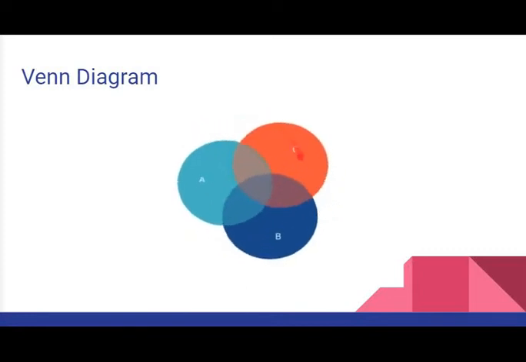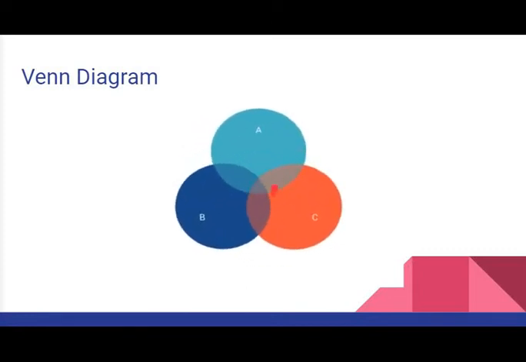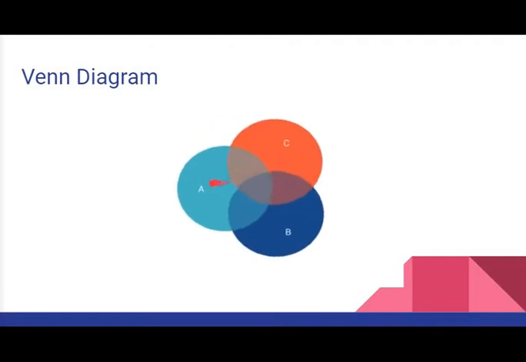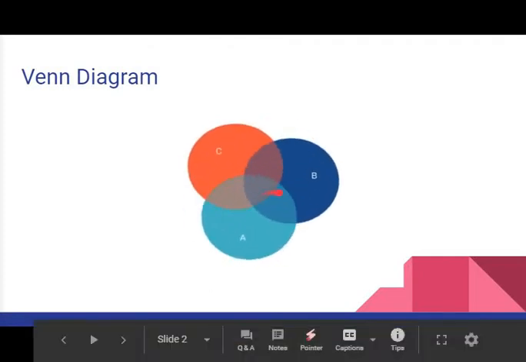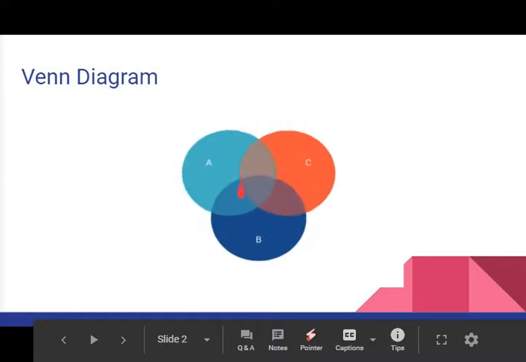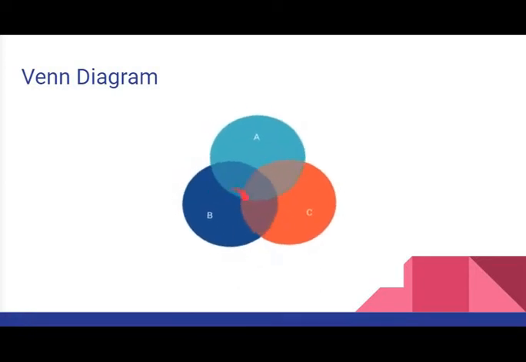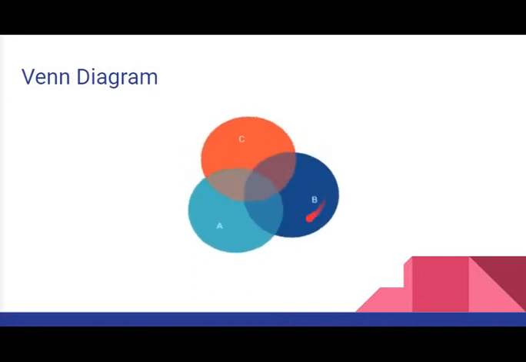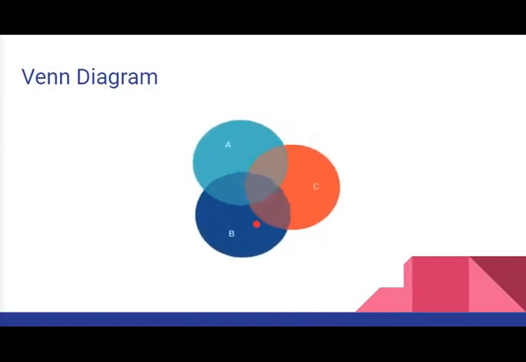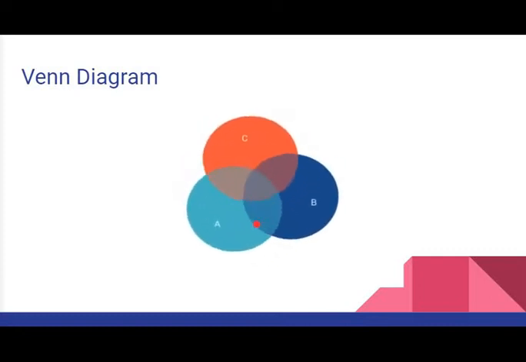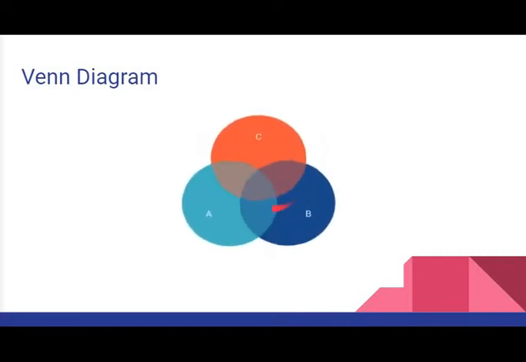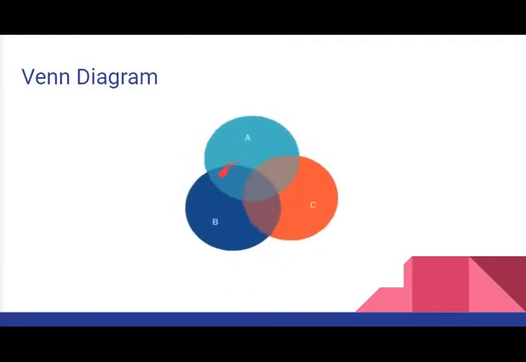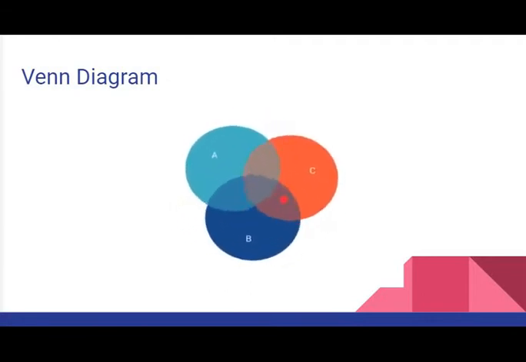To understand this statement, let us consider the example of a given set of 20 people in which the red color circle represents the number of people who have a profession as a farmer, the sky blue color represents the number of people who have the profession as a teacher, and the blue color represents the number of people who have the profession as a doctor. So there are some people who have two professions or maybe three professions. These numbers of people are represented in the diagram by this overlapping region.